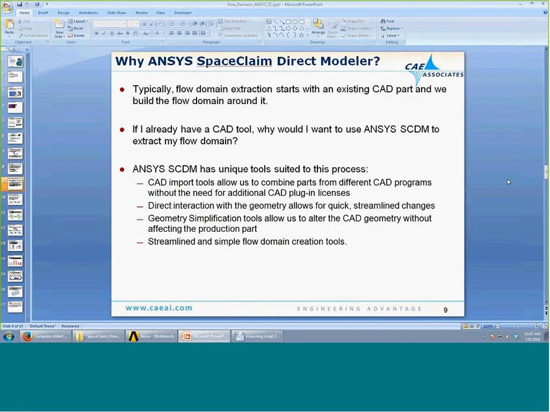So why would we want to use ANSYS SpaceClaim Direct Modeler? I have a CAD program. Why would I not want to use that? Why can't I just extract my flow domain in CAD and then bring that right into ANSYS? Well, you certainly can. However, ANSYS SpaceClaim has a number of unique tools that are suited